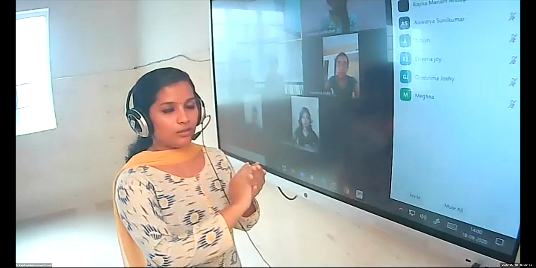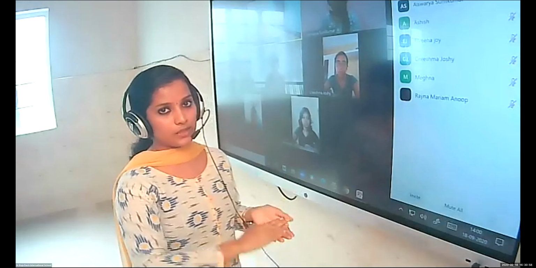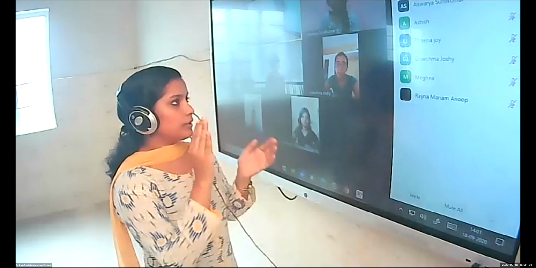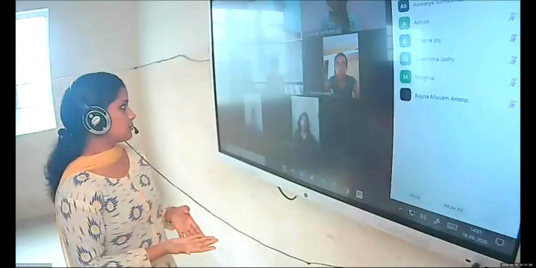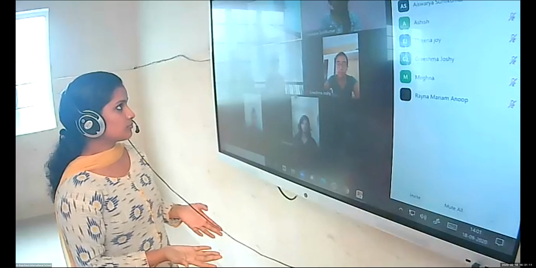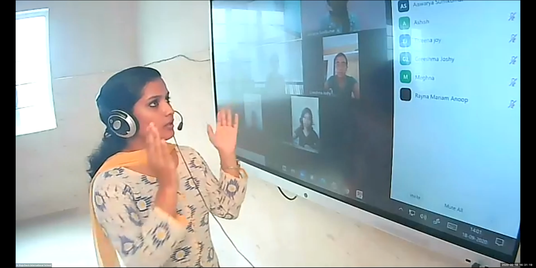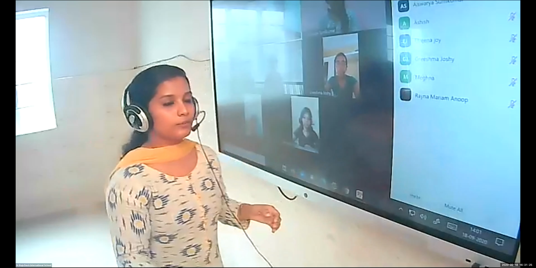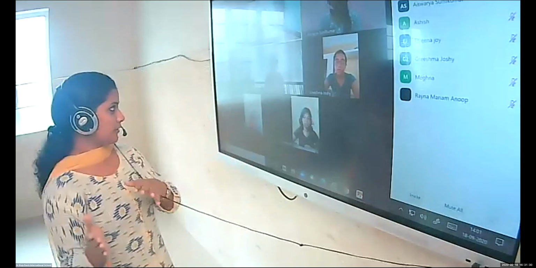Depending on how many calcium tablets we are giving to the particular participant, the bone density of that participant will change. Yes or no? Yes, ma'am. So that is the main relationship that we are going to learn in that study. The calcium tablets would form the independent variable, which is the cause, and the bone density would form the dependent variable, which is the outcome or the effect.